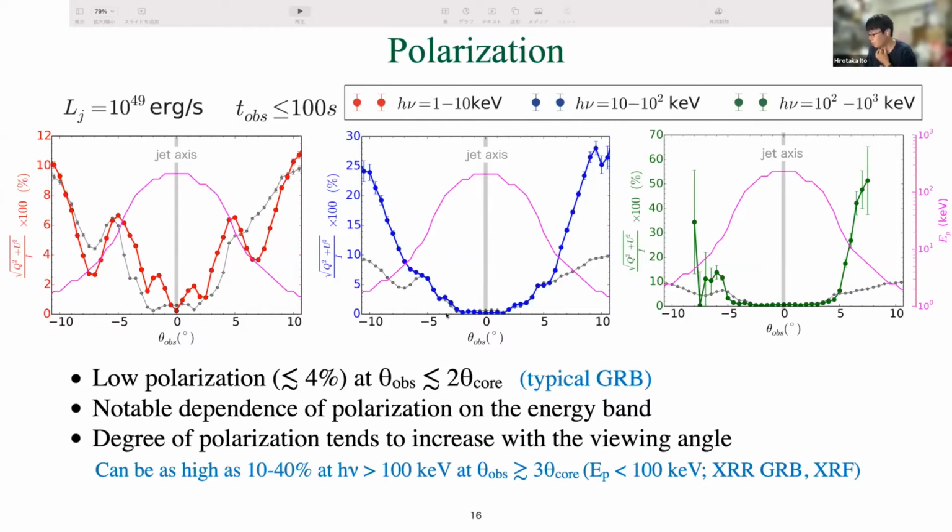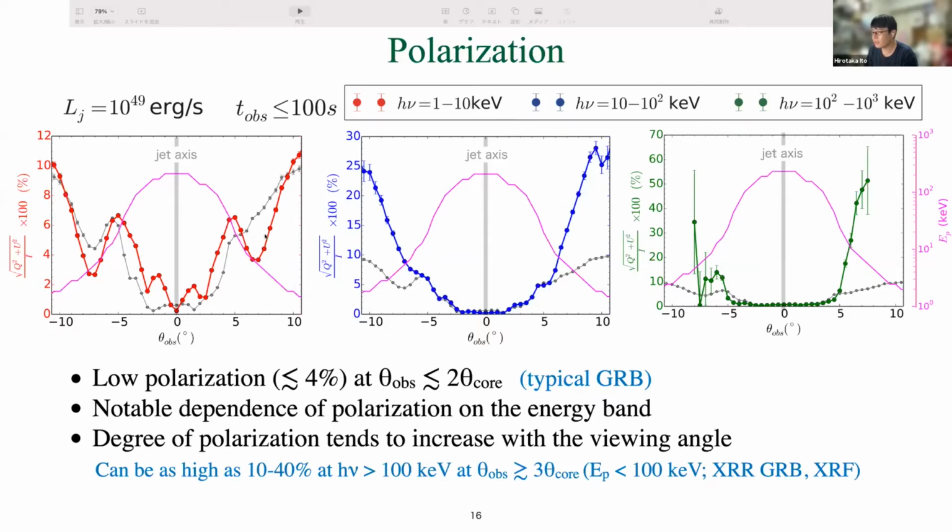As you can see, polarization degree near the core region of the jet tends to be low, a few percent at the most. But as you go to larger viewing angle, when you start to see the wing region of the jet,